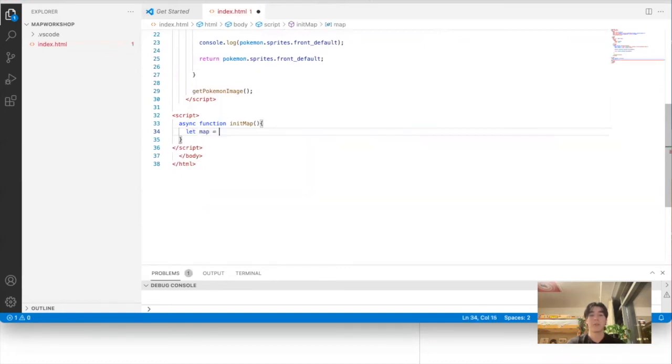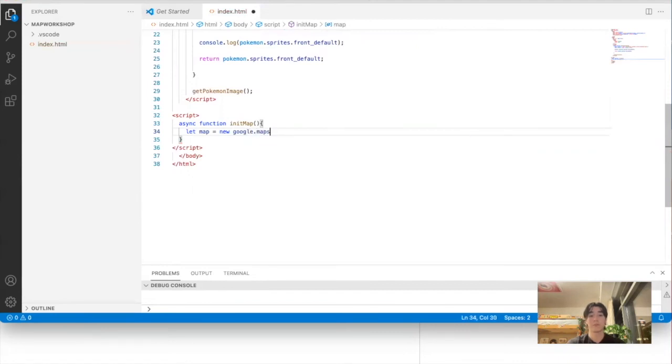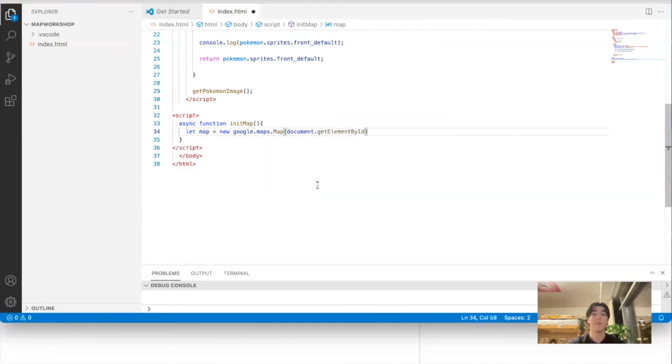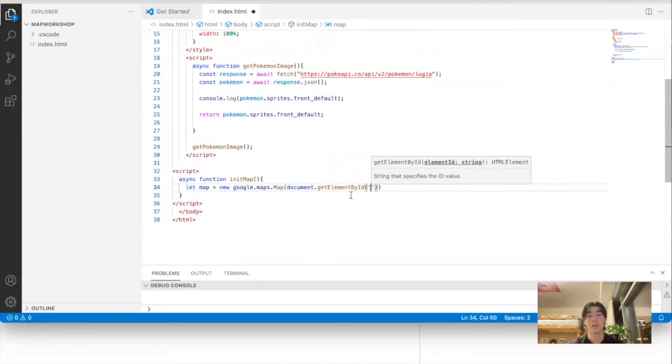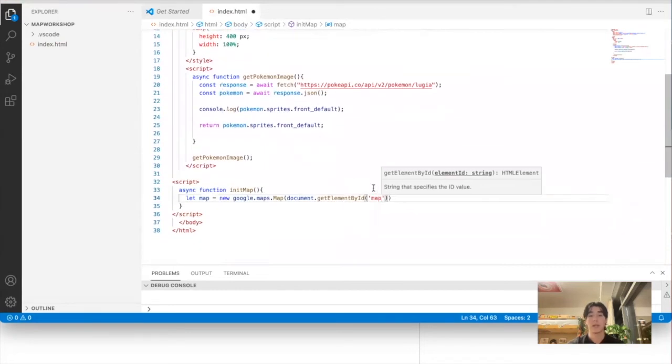And we're going to do new google.maps.Map, and then we're going to do document.getElementById. This might be a little bit confusing, but basically it's getting the HTML element by its ID, so the ID of map, so we write map. And then it needs one other parameter, which is